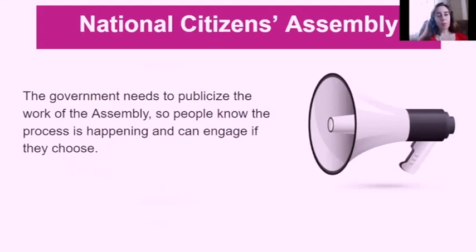Finally, something that's really important and isn't talked about quite as much is that the government has a role in making sure that people know the Citizens Assembly is going on. So when you look at this process, of running a deliberative process, a deliberative body to study an issue, it works at all levels. So it can work for a small local issue. In that case, it's not all that important that everybody in the town knows that there's a representative body deliberating to discuss whether to build a community center. It's nice, but it's not as crucial.